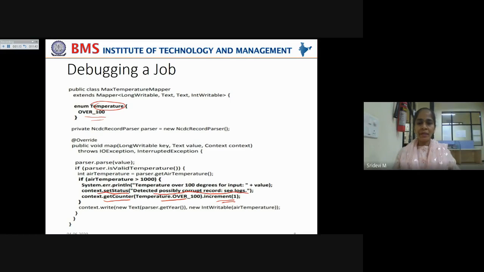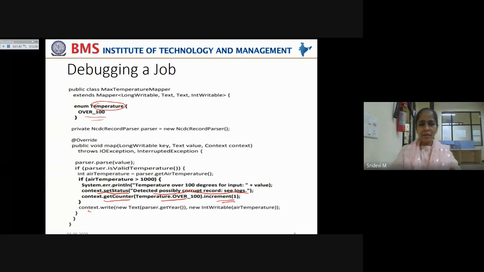Overall, what we mean here is, if erroneous data greater than 100 degrees Celsius is encountered by the map task, it will immediately increment this Temperature OVER_100 counter to indicate the number of erroneous records it has come across.